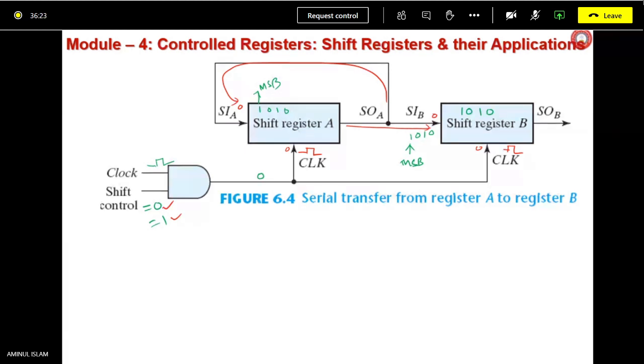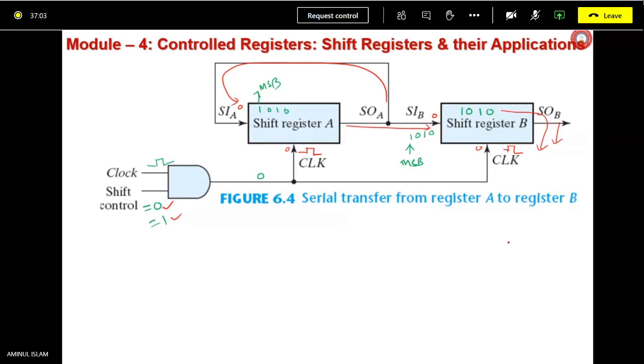Yes, sir. The first 4 clock pulses are going to transfer all the 4 bits to register B, and by that time all the bits have also gone back to A itself; what was earlier there will be there. If you want serial output from B, another 4 clock pulses are required. If you do that, you are going to get all these 4 bits, 1010 for example, out serially, 1 bit at a time.